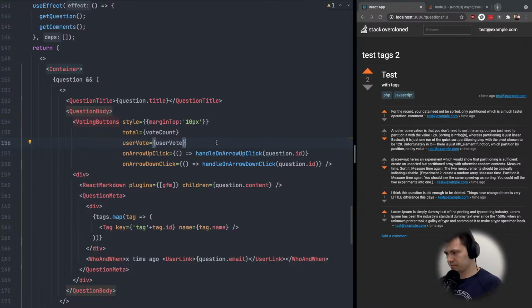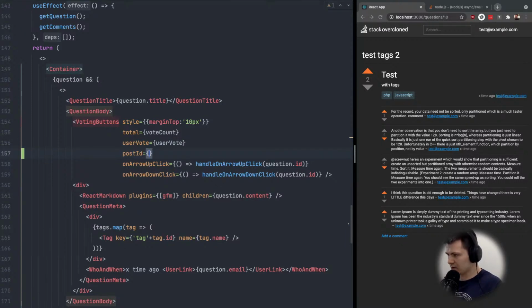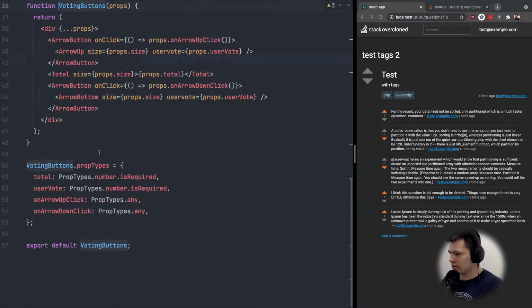So first I will add some more information to this component, voting buttons. I will put also post ID, and this is the first one, so here it will be question.id. Alright, then we need initial values for this one, so it will not be total and it will not be user vote, but we will rename those to initial user vote and initial total. And let's go inside this component and let's rename those also here, initial user vote and initial total,